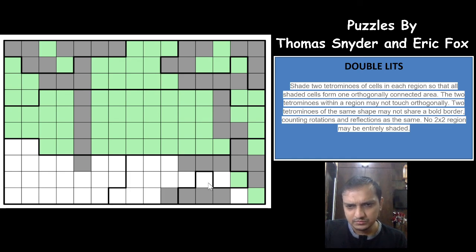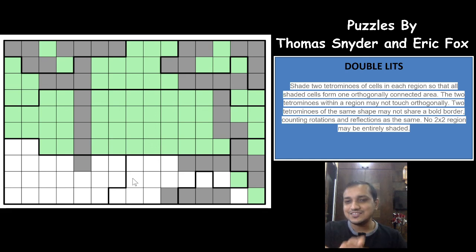It can be L this way, it can be I, it can be S, it can be anything. Okay. And of course, if you have an L here, you can have an I here. Okay, not sure. And okay, there is something fishy going on here. The thing is that there are 2 tetrominos to be placed in this region, and both of which will have to be connected using one of these 2 cells. So only one of these 2 cells will have to be shaded, right? Either you'll have an L or S in this cell, or you'll have an I in this cell. And actually that solves the puzzle.